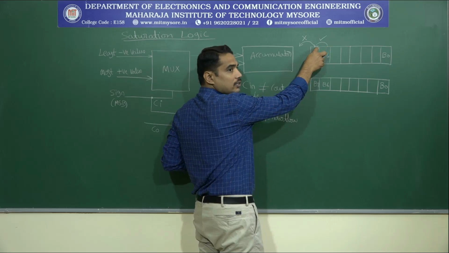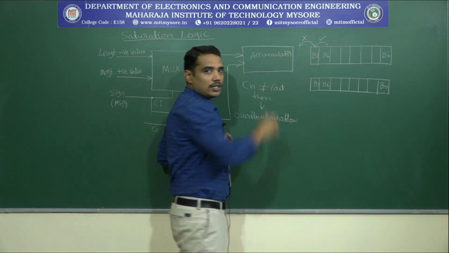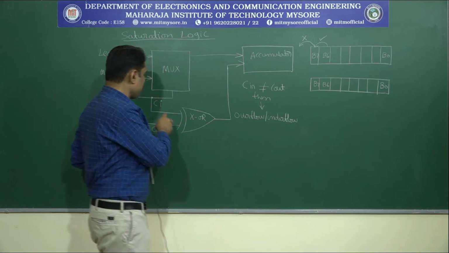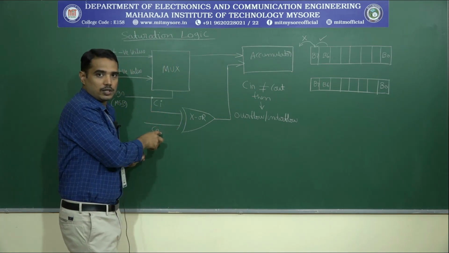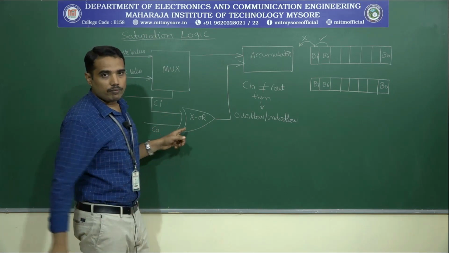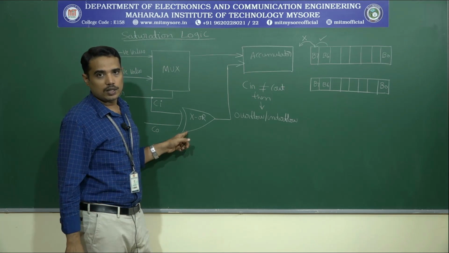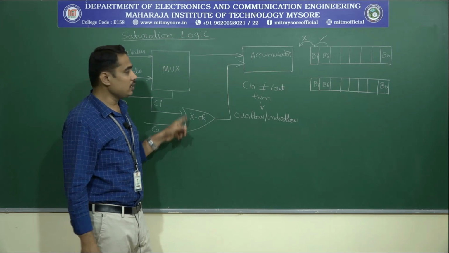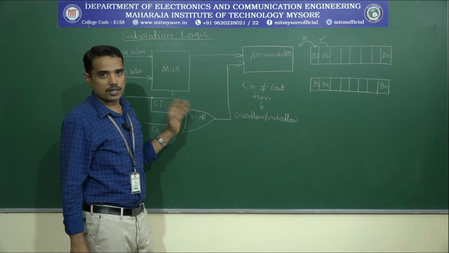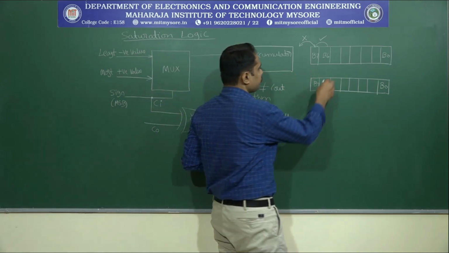C in carry into the MSB is there, but there is no carry out of the MSB. Then either of the one input is equal to 1, the other goes to 0. Then by virtue of the XOR gate, we know that 1 0 or 0 1 gives the output equal to 1, other than 0 0 and 1 1 condition. Now let us try to understand the next case.